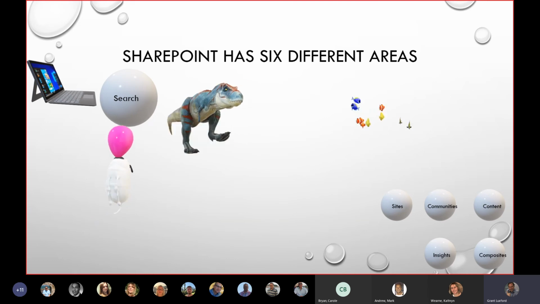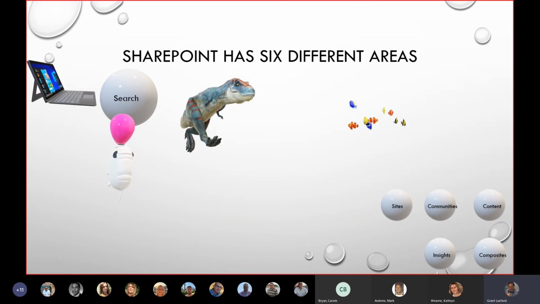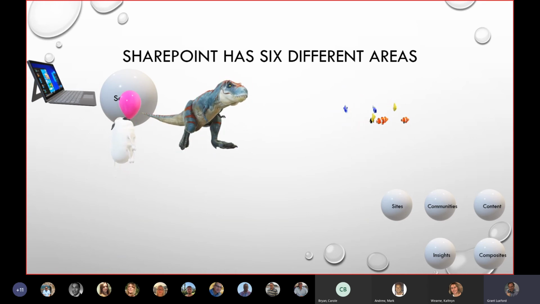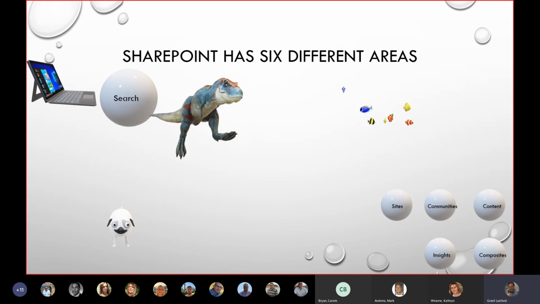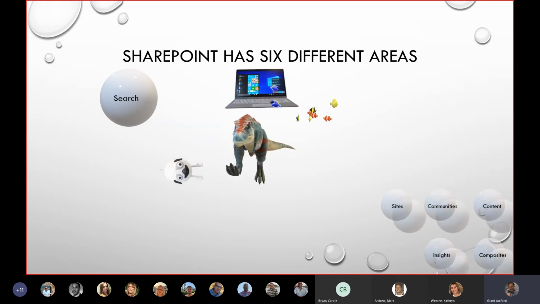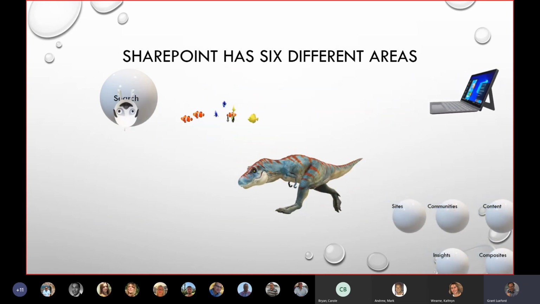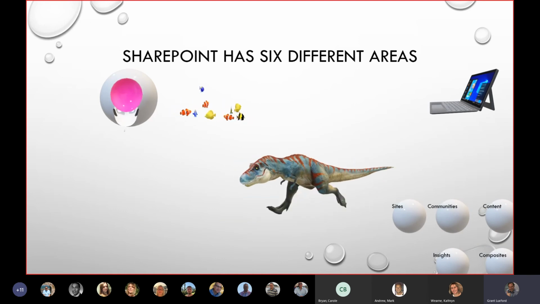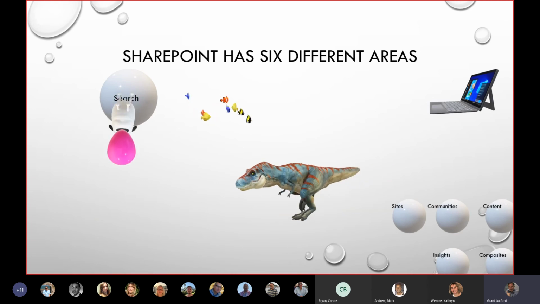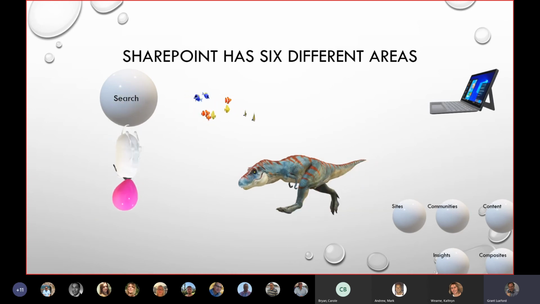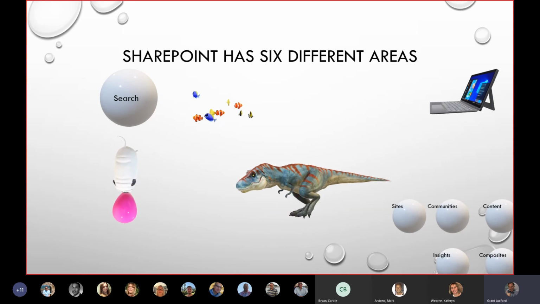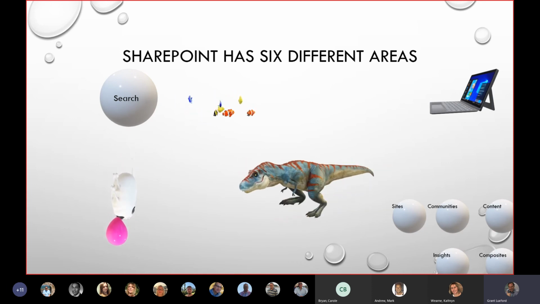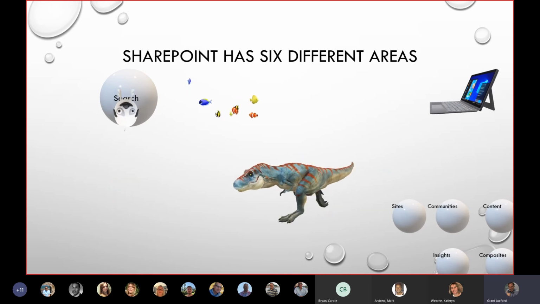But search, so we kind of talked about Delve. If you didn't have the Delve session, search basically allows you to just search everything that's on there, only the stuff that you have the ability to see. Effectively, it's all locked down with the permissions and everything else, but it is a really excellent and complex search engine that's built into SharePoint. It does it all securely, so you can only get people to access things that they should be able to access. And again, if you get a bit deeper into it, you can configure search in such a way that